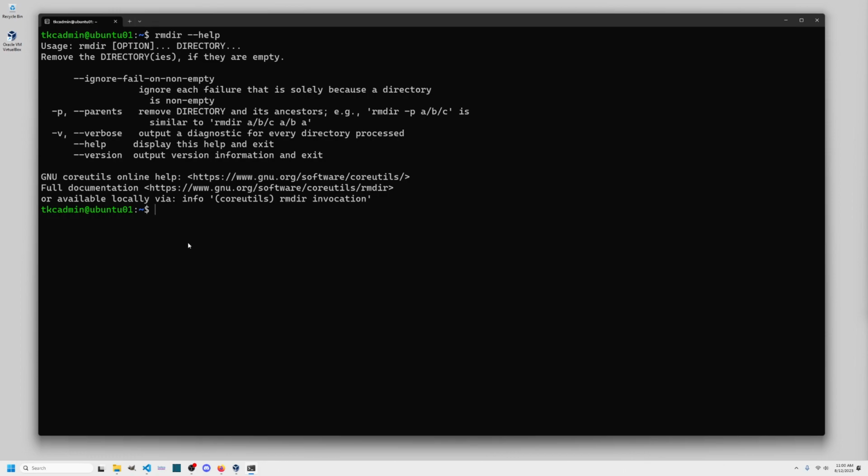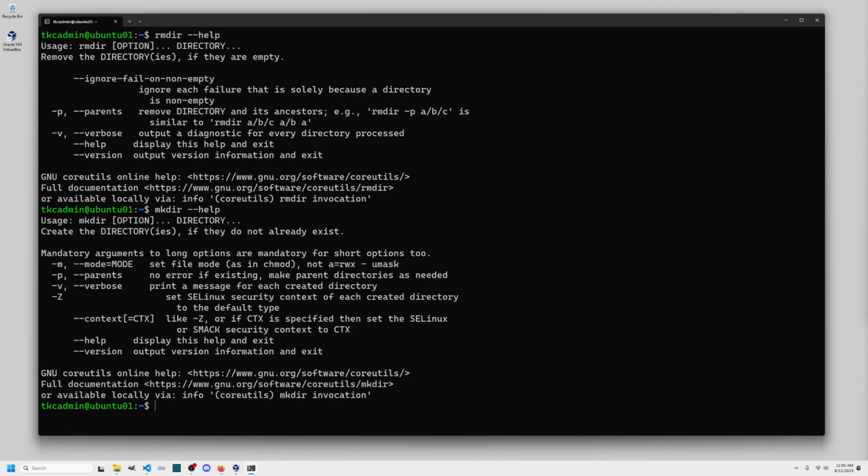Let's see here. mkdir creates a directory. Cool thing here is the -p or --parents flag, which if you want to create like nested directories, we'll do that in just a moment. You specify that -p and just give it the whole path and it'll go all the way down, creating the directories. Mode lets you set the mode on the final directory created in that kind of a chain, or if you're just creating one directory, it'll set the mode or accessibility level on that directory. Let's